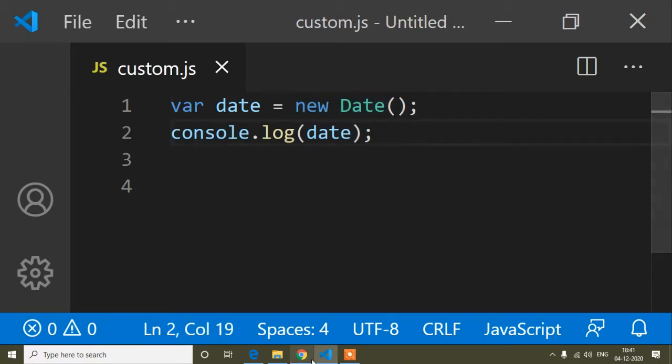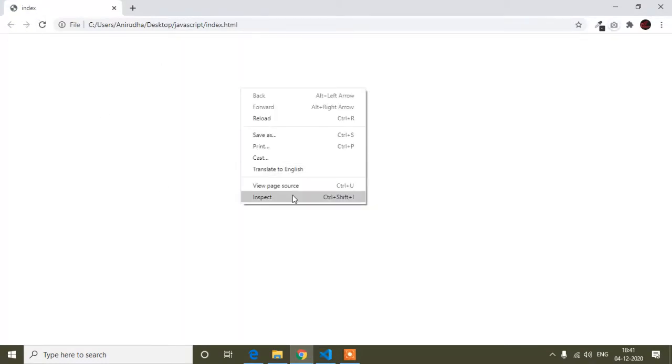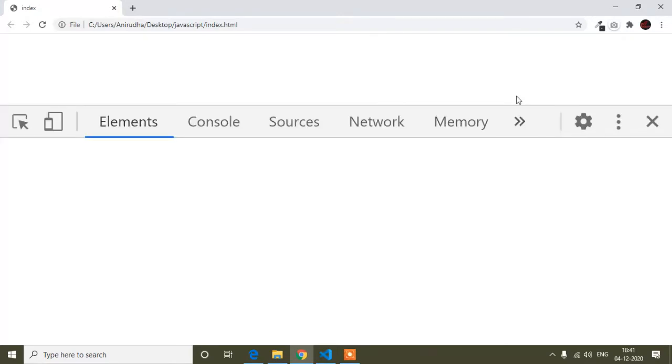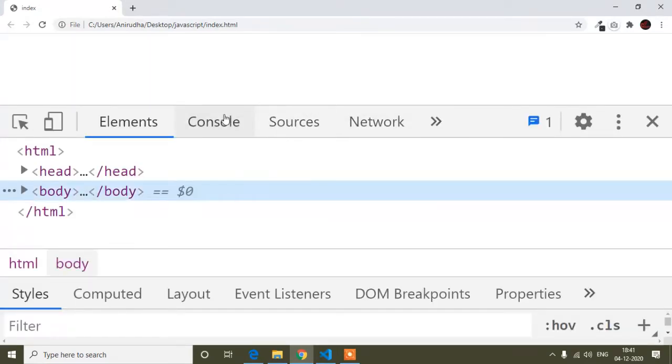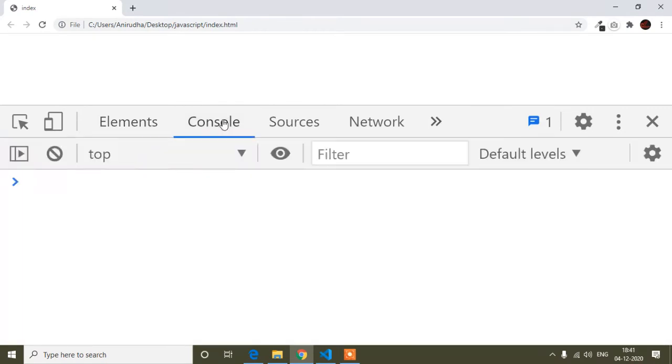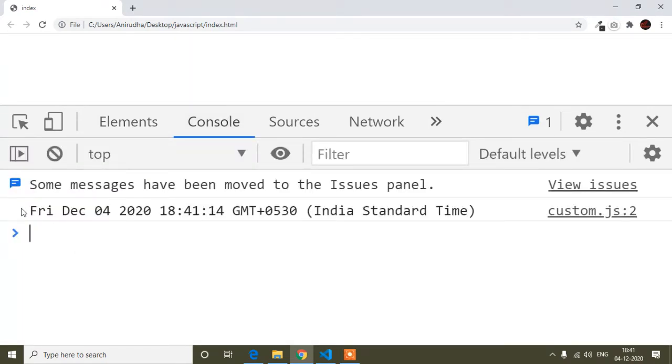So save, and now I will go to the browser, refresh it, open the developer tools, and go to the console. Here you can see the current date is coming. Today is Friday, December 4 2020.